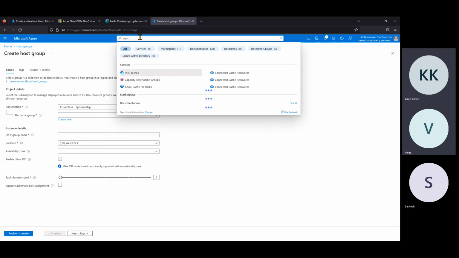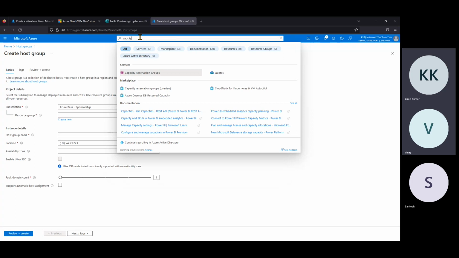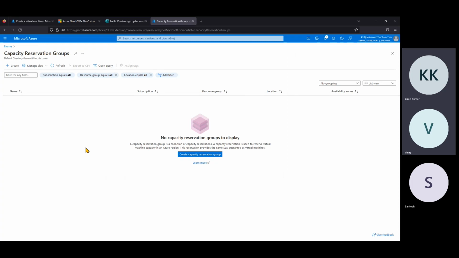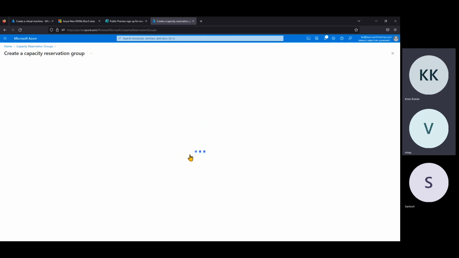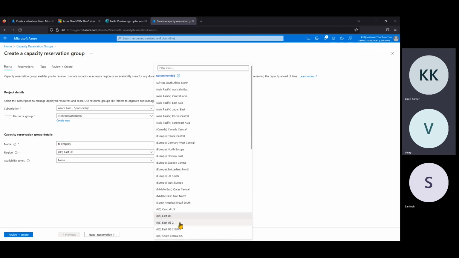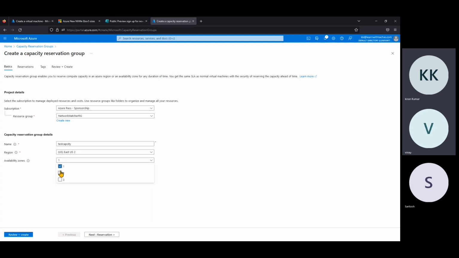Before that, we need to purchase that capacity reservation. So you can see here capacity reservations group. Click on create a capacity reservation, and this reservation will allocate that hardware to us, those VM sizes, specifically dedicated for us. Suppose I'm going to select this one, test capacity,